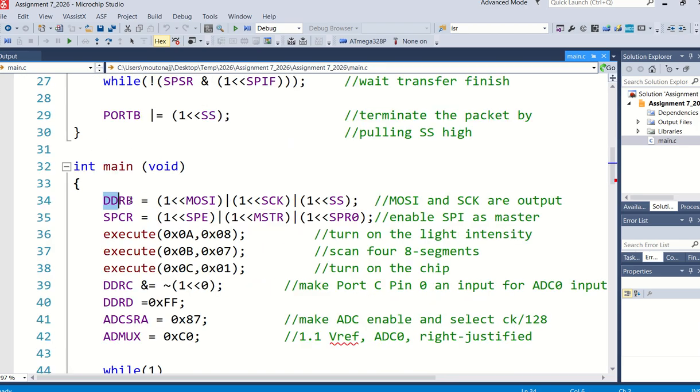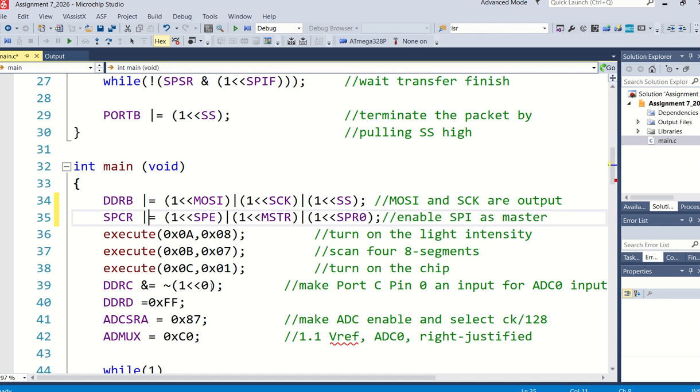But again, also this setting up the port of the Atmega328P, that is just to make all of them outputs. I could have actually placed an OR symbol there, and maybe an OR symbol there, which is more accurate for me. As I've said, if I now call that execute function, the light intensity will be sort of in the middle, 8. If I want to scan 8 segments, we know I have to place a value here of 1 less than 8, which is 7. And of course, if I want to turn on the chip, I need to put in a 1 there, of course.